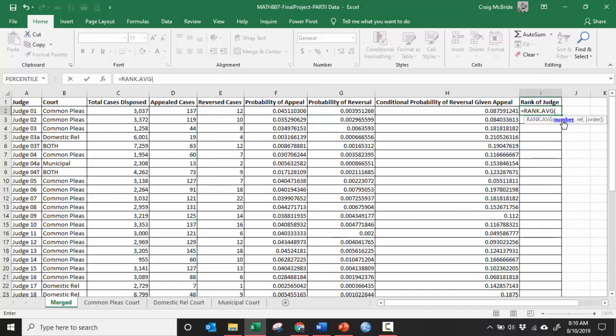So the first thing you need is the number. What are we ranking? Well, we're ranking these, the percentages of reversals, right? It wouldn't be fair to rank just number of reversals, because a judge that had 10,000 cases versus a judge that only had 2,000 cases, it wouldn't be fair to just say how many cases were reversed, because that judge saw 5 times as many cases as the other. So that's why we have to rank them based on probabilities, kind of percentages, right? So we're going to rank on that number,